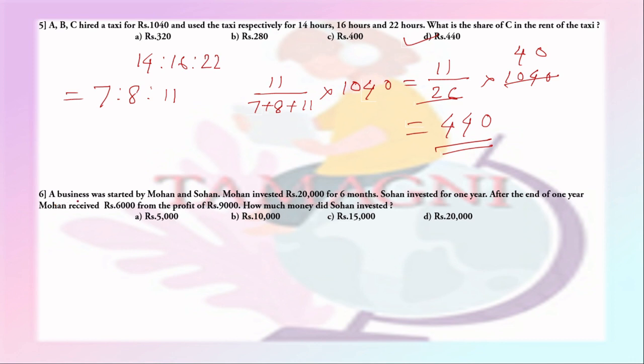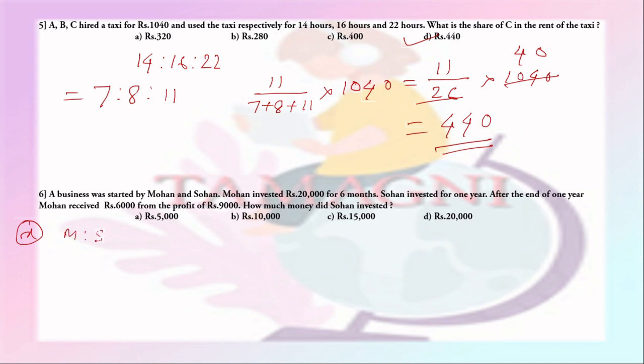Question number 6. A business was started by Mohan and Sohan. Mohan invested 20,000 rupees for 6 months. Sohan invested for 1 year. After the end of 1 year, Mohan received 6,000 from the profit of 9,000. How much money did Sohan invest? Let us assume Sohan had invested x rupees and his capital worked for 1 year, but Mohan's capital worked for 6 months. So first of all we shall find the ratio of their capitals, which will be given as, say,